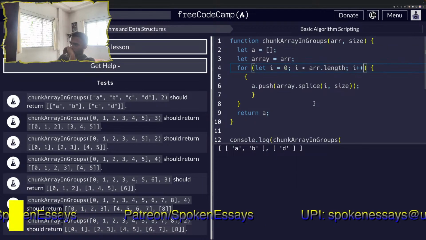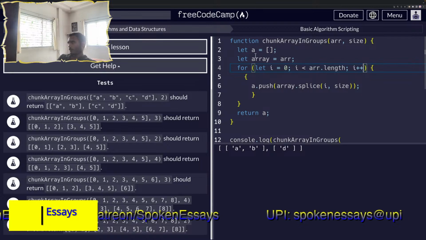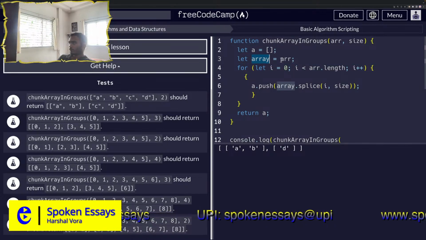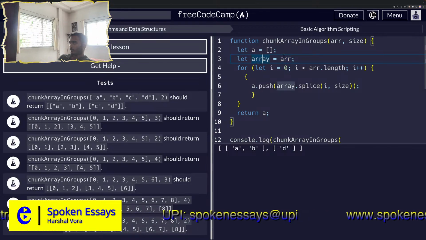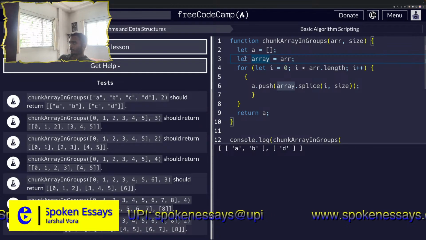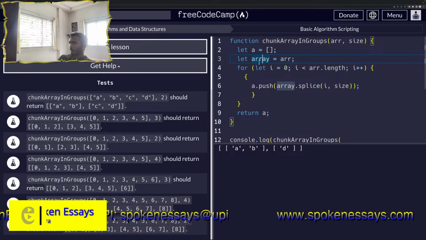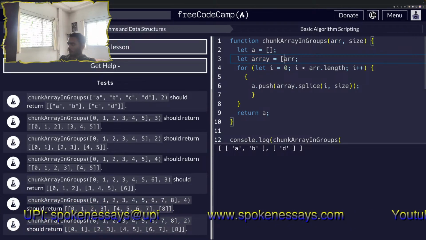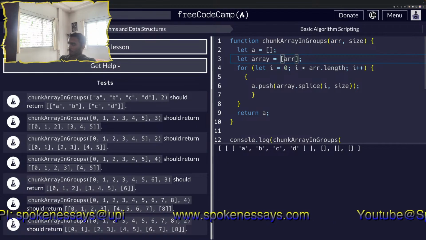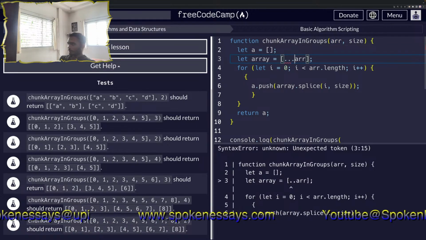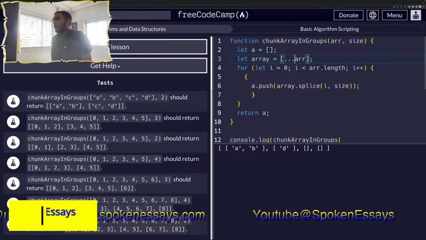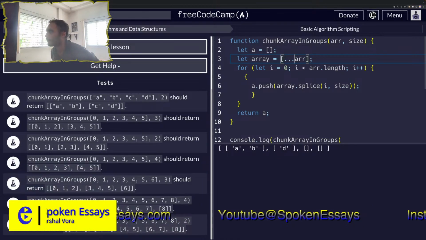Okay, what does this do? We have a variable called A, and then we have another variable called array, which stores the variable array. So now array is supposed to be handled, right? हम लोग ऐसा भी कर सकते हैं और दिमाग दौड़ाएंगे. चलिए डॉट डॉट डॉट. और दिमाग दौड़ाया. चलिए,